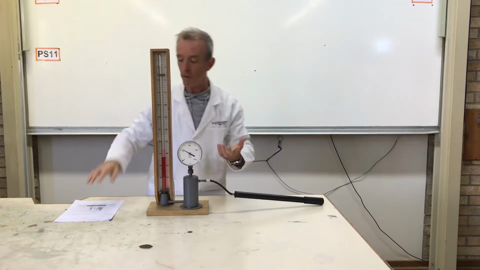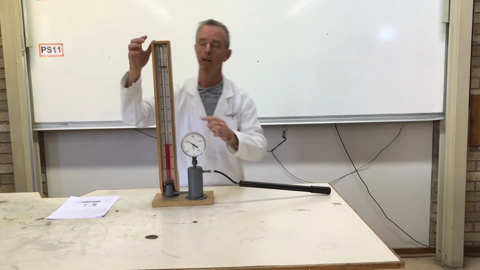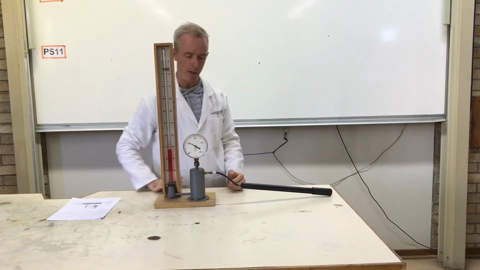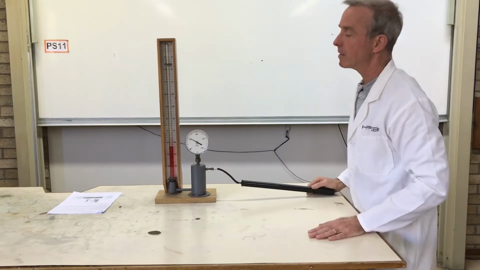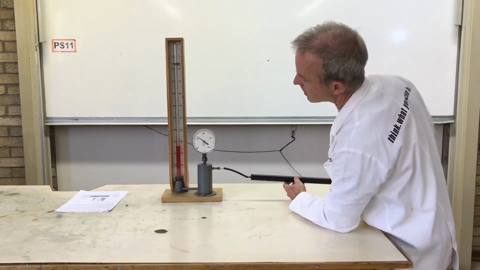Alright, now we already know that the relationship is an inverse proportion. So if you increase the pressure, what should happen is the volume should decrease. So that part of the experiment we already know. Right, so the precautions are that you need to keep the temperature constant. The other thing is you'll also notice that when you increase the pressure,